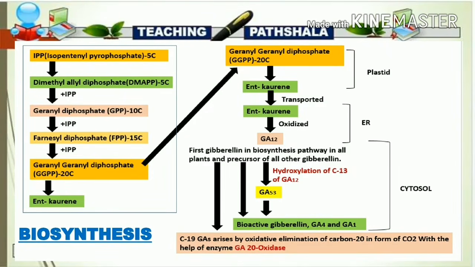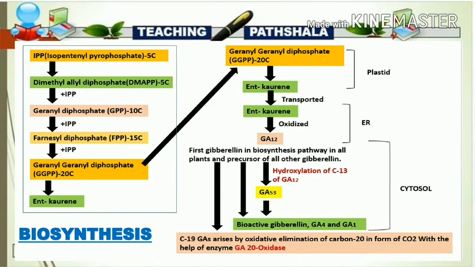Again, this geranyl diphosphate has one more addition of an isoprenoid unit, that is IPP, and there is the generation of farnesyl diphosphate, known as FPP, which is a 15 carbon compound. Initially the geranyl diphosphate was a 10 carbon compound, then there is the addition of one more isoprenoid unit which also has 5 carbons. So 10 plus 5 gives rise to 15 carbons. This 15 carbon compound is known as farnesyl diphosphate, and sometimes we call it a sesquiterpene.